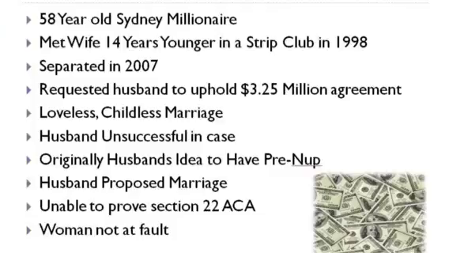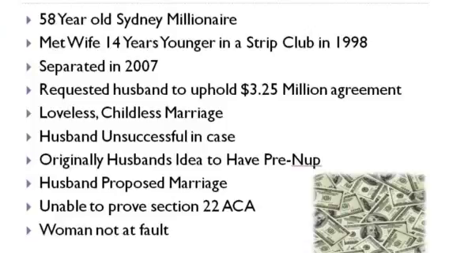The husband claimed that he was a victim of fraud and that his wife was a gold digger who used frequent high-quality sex to lure him into a loveless and childless marriage. In court, however, the husband failed to prove that he was a victim of fraud, and it was also revealed that it was the husband's idea to have the prenup in the first place. The family court ruled that the wife had not done him unfairly or unsociably, and was ordered to uphold the